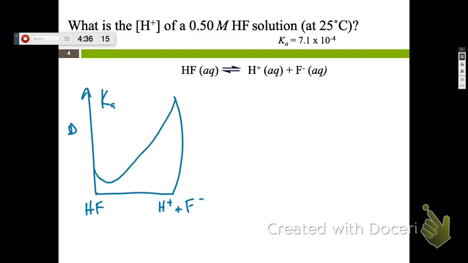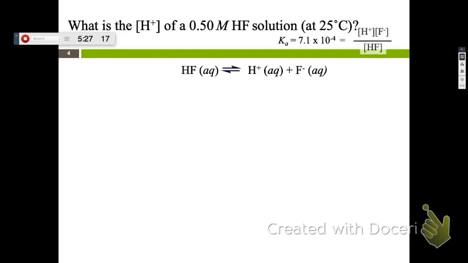Our K is 7.1 times 10 to the negative 4th. Much smaller than 1. Okay? So do we expect there to be a lot of these two in solution when we're done? It's going to be a little bit, right? 10 to the negative 4th means there's some, but if our initial concentrations, like Josh said,